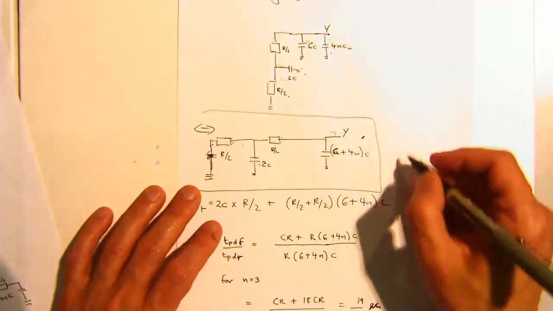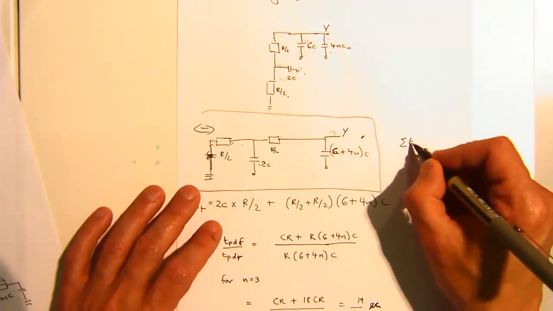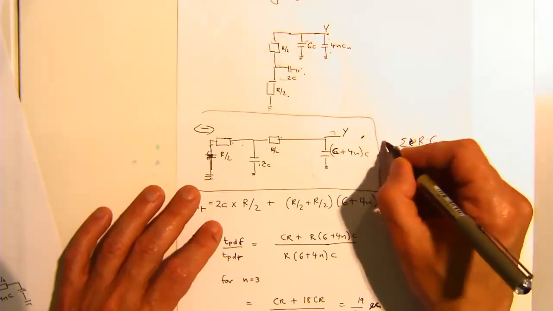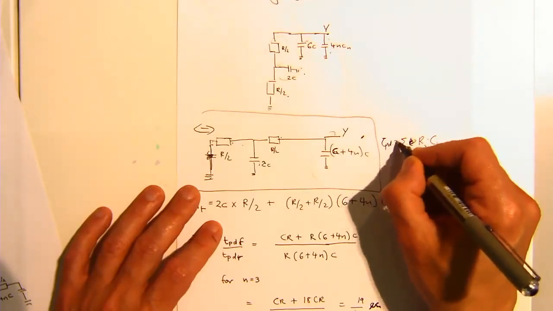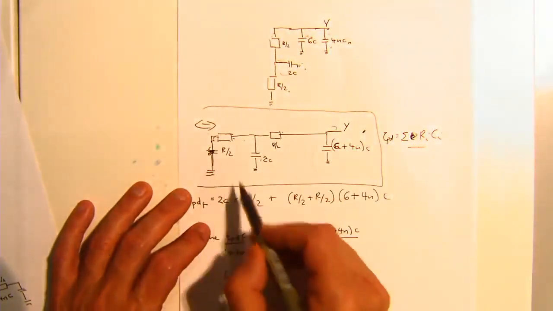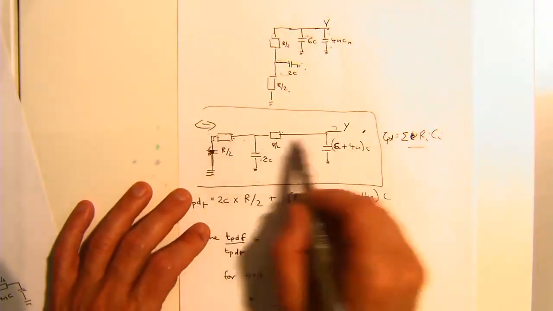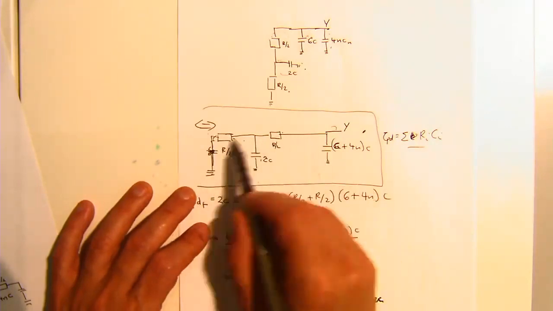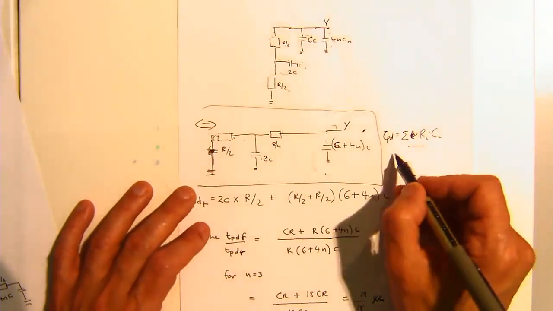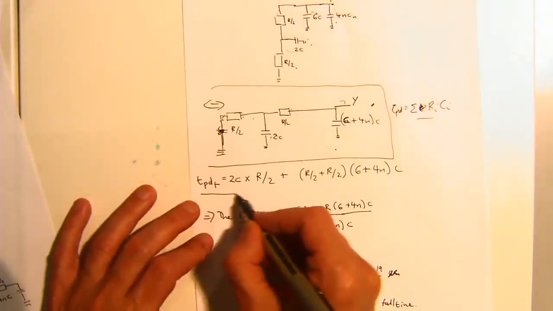If we remember, it was RiCi. And what we looked at is the node and the leaf, and then it was the total resistance to that node, right? So in this particular case, for the falling edge,